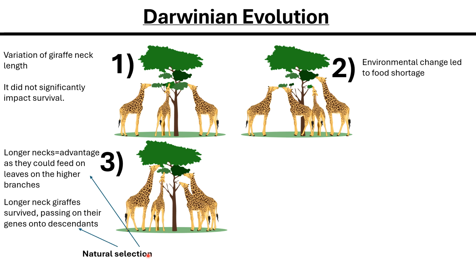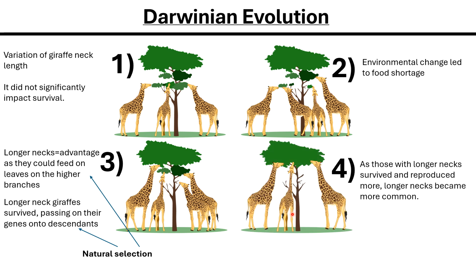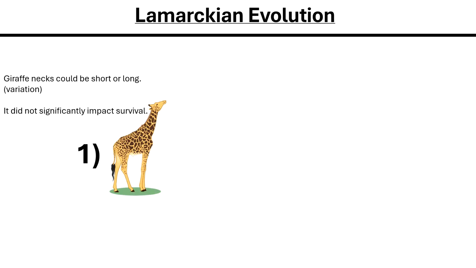And this is an example of natural selection, a big part of Darwinian evolution, or Charles Darwin's theory of evolution. And lastly, because those with longer necks survived, now longer necks became more common as they passed on their traits and desirable characteristics. Now looking at Lamarckian evolution and using the same example of giraffes, we'll have that there was